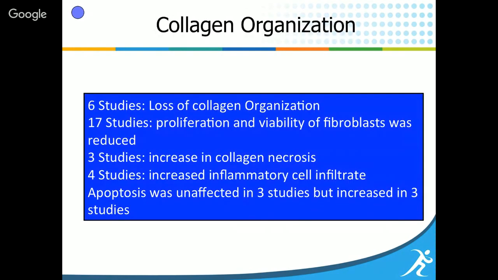Now, in terms of collagen orientation, a large number of studies demonstrated loss of collagen orientation and reduced proliferation and viability of fibroblasts after the corticosteroid injection. There are 3 studies that showed collagen necrosis after the CSI. There are 4 studies that showed increased inflammatory cell infiltrate, which is interesting because you figure steroids are anti-inflammatory. So it's interesting that you're getting an increased inflammatory response with it, which could be good and bad